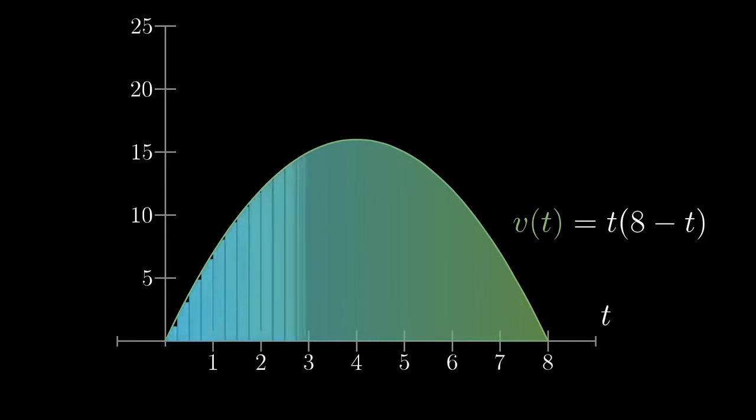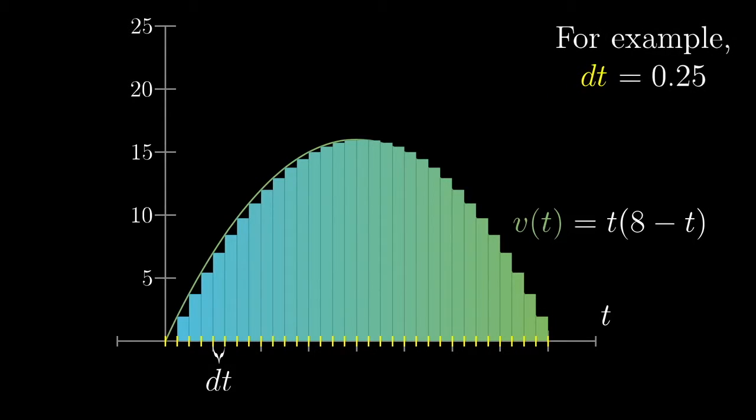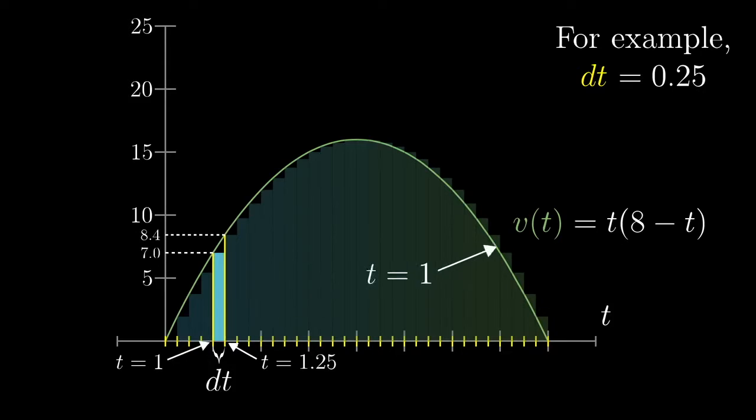Here, let's make this a little more concrete by throwing in some numbers. Chop up the time axis between 0 and 8 seconds into many small intervals, each with some little width dt, something like 0.25 seconds. Now consider one of those intervals, like the one between t equals 1 and 1.25. In reality, the car speeds up from 7 meters per second to about 8.4 meters per second during that time. And you could find those numbers just by plugging in t equals 1 and t equals 1.25 to the equation